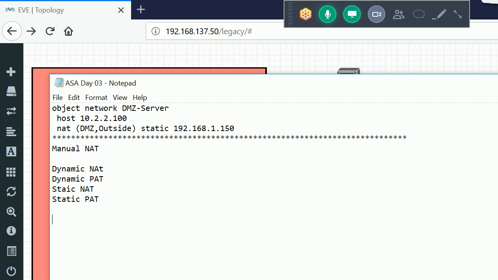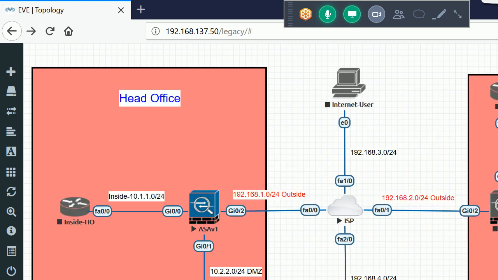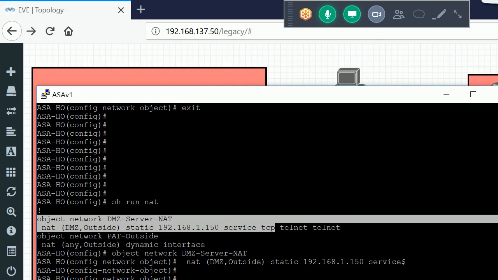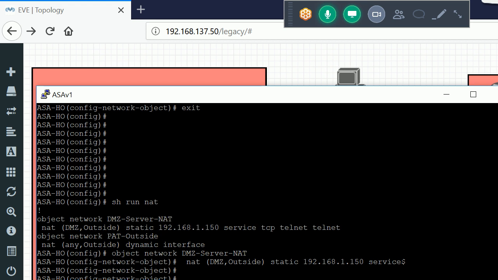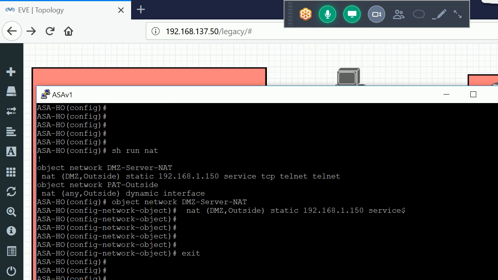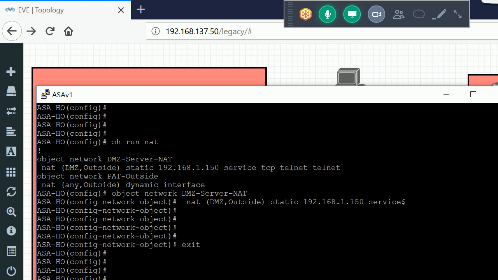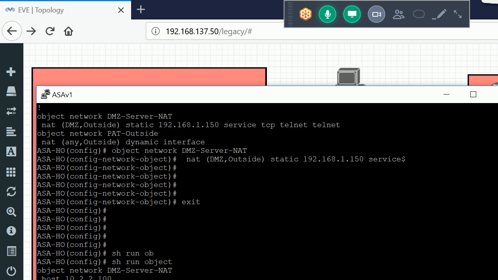Okay. So now let me remove all the NAT configuration from the ASA and I will configure it again using manual NAT, dynamic PAT and static NAT. So run. I'll just no.